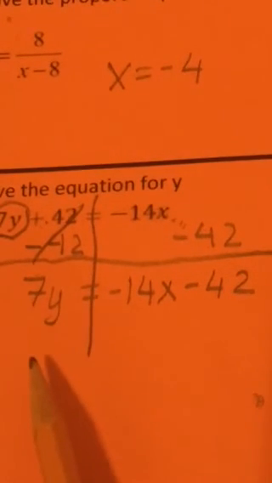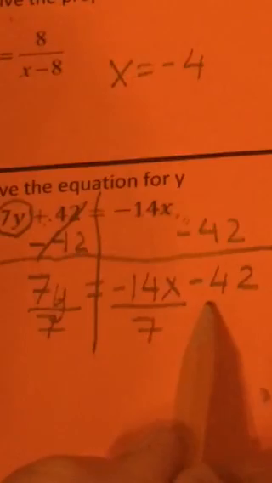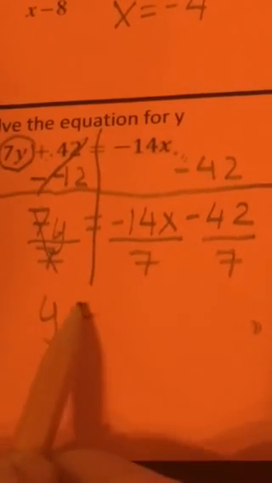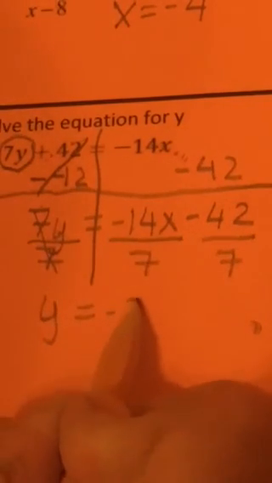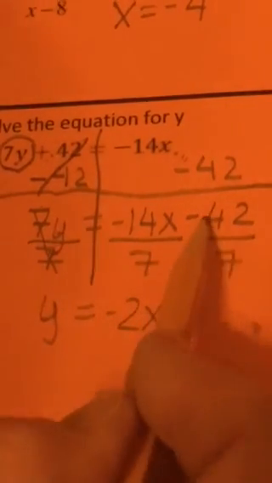And just like before, we did the subtraction or adding first. And now we got to multiply or divide. So in this case, we've got 7. That's right there in the way of getting just y. So we divide everything by 7. Okay, so that leaves me with y equals -14 divided by 7 is -2x. 42 divided